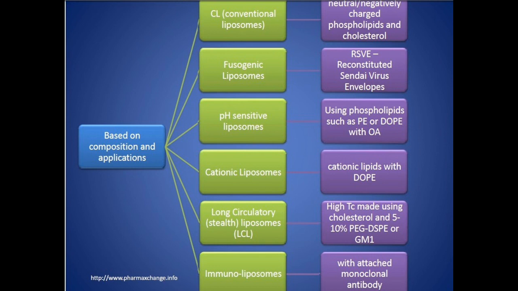You can use different compositions of material for the formulation of the liposome, along with different types of monoclonal antibodies. Monoclonal antibodies are a suitable choice of drug therapy, which are nowadays booming to treat different life threatening diseases. So this is all about the classification of your liposome. We have seen in detail the classification based upon three parameters: composition, then the method of preparation, and third, the composition and the application.